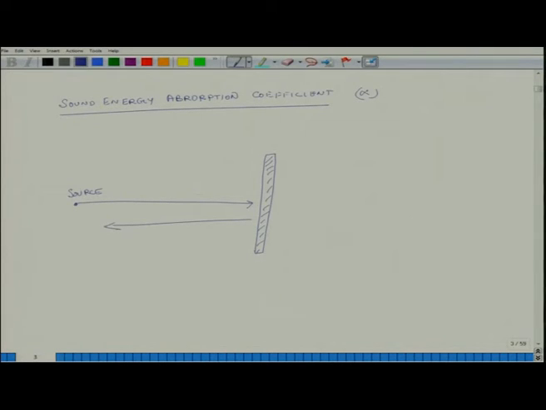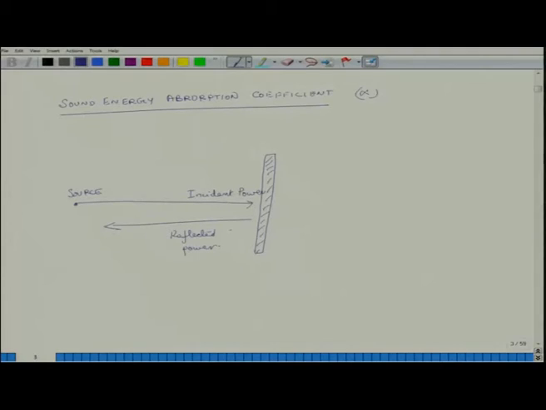There is an incident power and there is a reflected power. The incident power and reflected power may not necessarily be the same. If this wall or panel absorbs sound, then the reflected amount of power will be less than the incident power. So, alpha is defined as